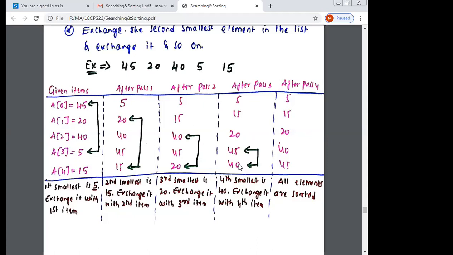Next, the fourth element, 45, you compare with the smallest element in the array. 40 is the smallest element, so you exchange the elements. After pass 4, your array becomes 5, 15, 20, 40, 45. This is the logic to sort the elements in ascending order.